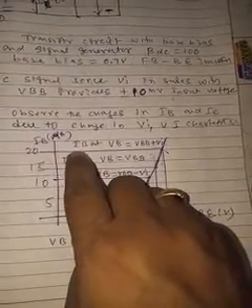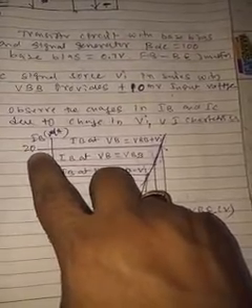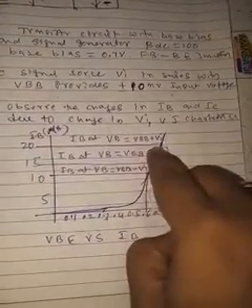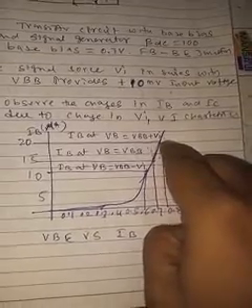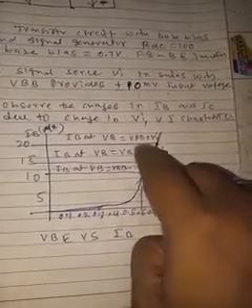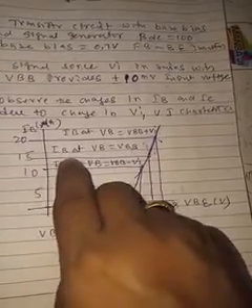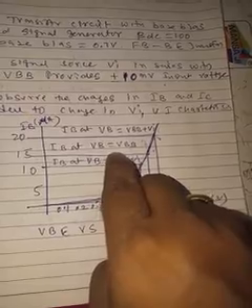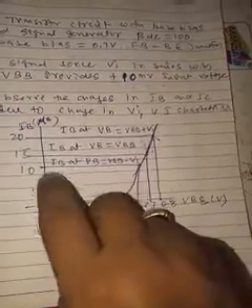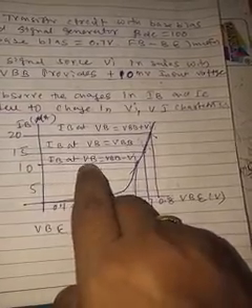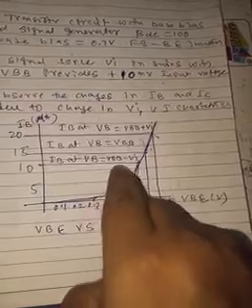At IB, we have different values. For IB of 20 microamps, VB equals VBB plus VI, so 0.7 plus VI. VI is the input AC voltage, so we have to add it to 0.7 for the 20. Second case, for IB equal to 15 microamps, VB equals VBB. And for IB equal to 10 microamps, VB equals VBB minus VI.